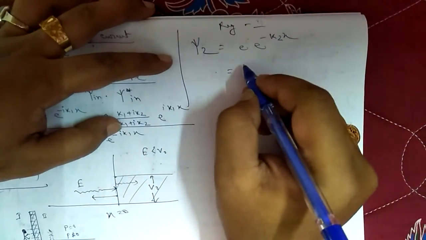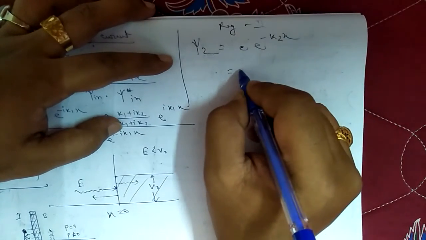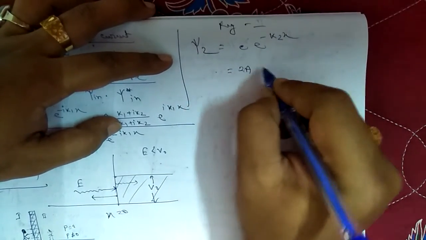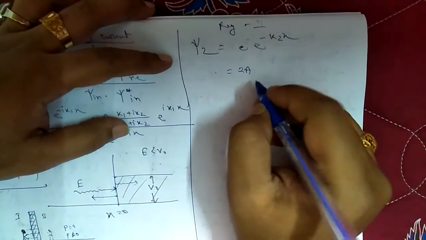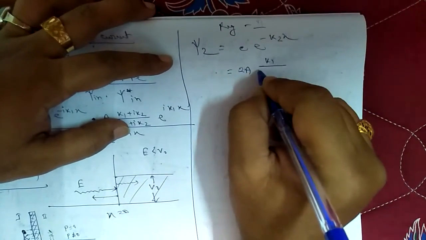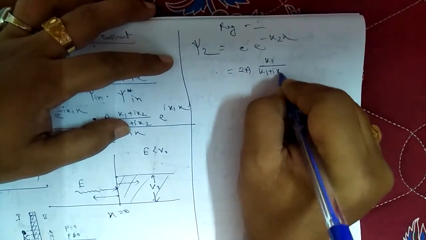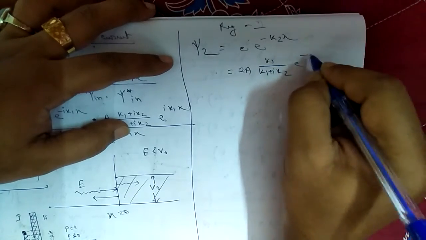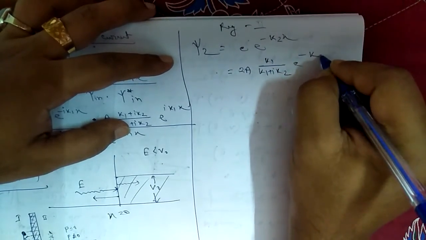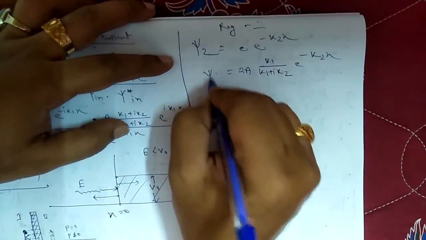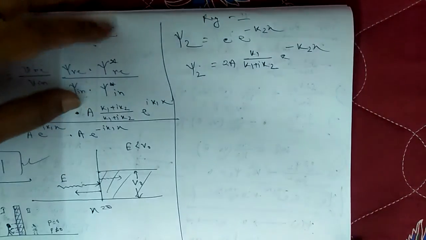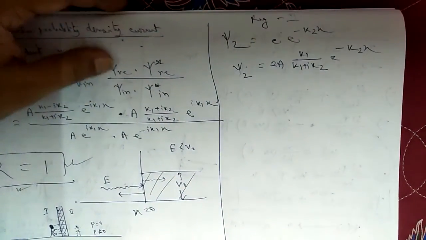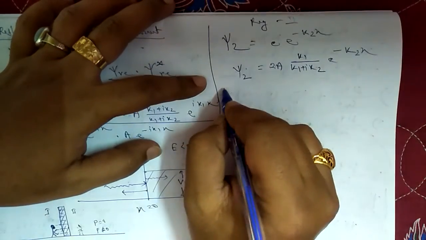If you convert the value of c in terms of a, you will be getting 2a k1 divided by k1 plus i k2, into e to the power minus k2 x. This is psi 2. So if we calculate the leakage probability,